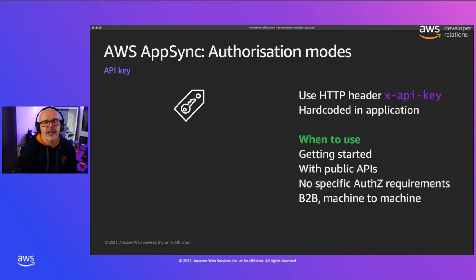It's also useful and a good mode to use for business to business or machine to machine use cases. So let's say you have a third party partner that are accessing your APIs. And you want to provide them different levels of access that you can specify different API keys for each. Or similarly, you have remote servers that are accessing your APIs, and you can securely deliver those API keys to those servers. So API keys always make sense in these situations.